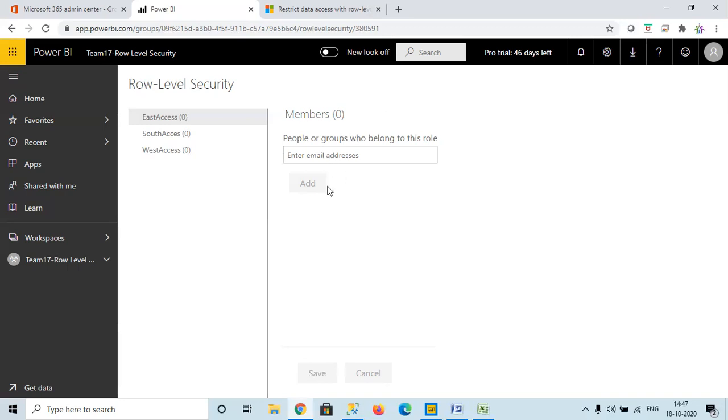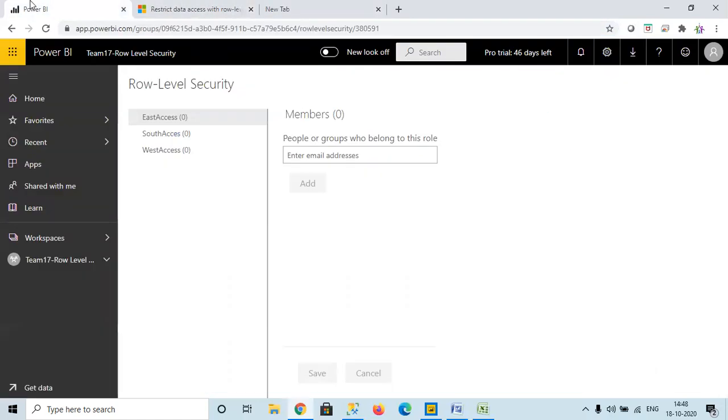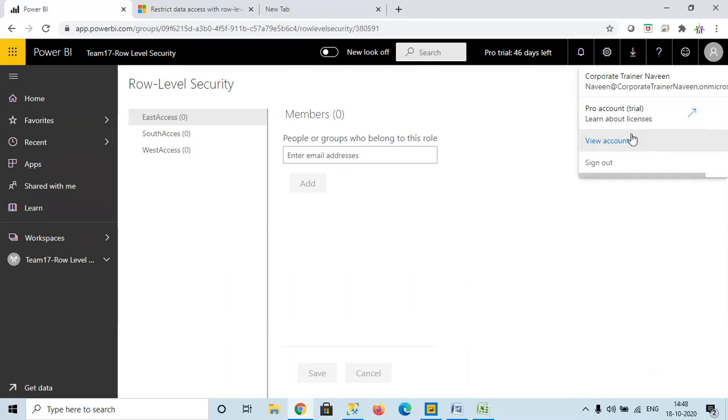Okay, so let's go to this particular concept, groups and all, how to create it. What is meant by this one? So let us understand. Let's say I already told you, you have already created a Pro account, right? So Power BI Pro account you have already created. When you go to this particular one, you can go to view account. Because I am the admin, right? I'm the admin for this one. I'm just going to here.